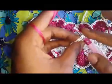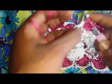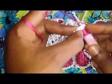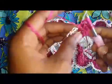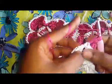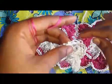Enter into the next triple crochet chain, and then from the back you insert to draw through the back. The first 2, draw through the second 2. You have done 2. Yarn over again. You enter into the next triple crochet chain from the back. Yarn over from the back to the front. Yarn over through the back, and then you yarn over through the first 2, the second 2. You've gotten 3. Yarn over, and the 4th triple crochet, which is the last one we're doing, from the back,